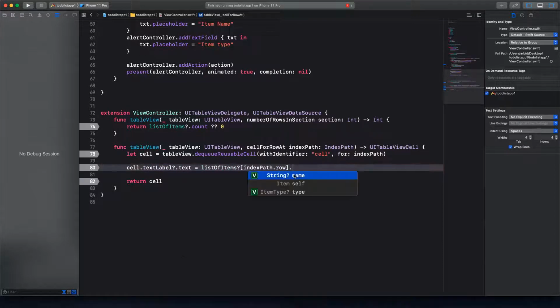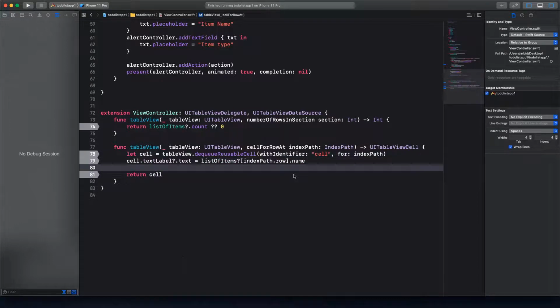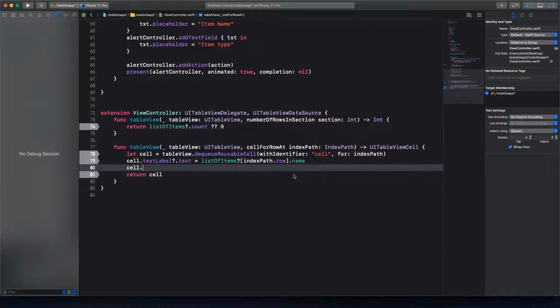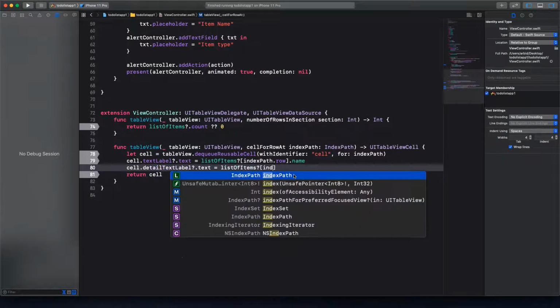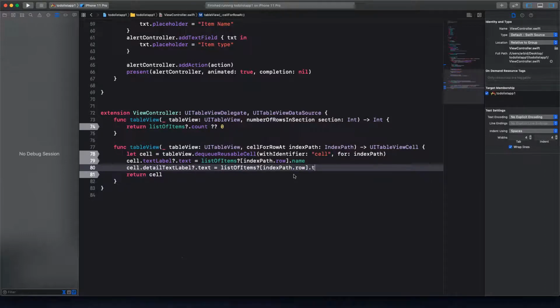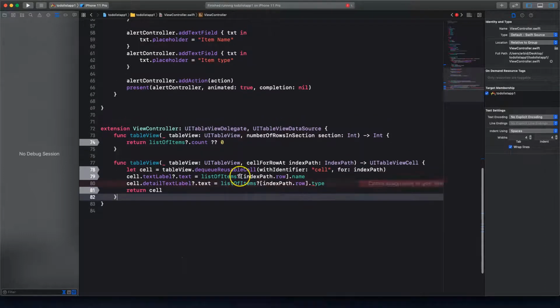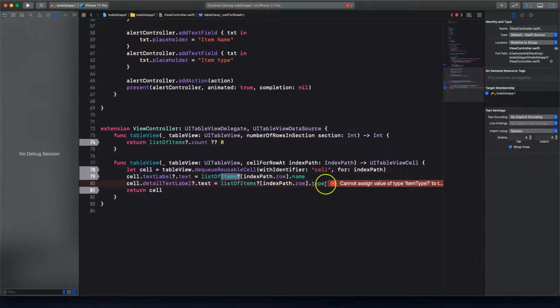Okay, we didn't do it right, so we have to say dot name or dot type. So we just say dot name because we only have things. We can also say cell dot text label, detail text label dot text, list of items, index path row, dot type. Okay, so basically what we're saying, the question mark